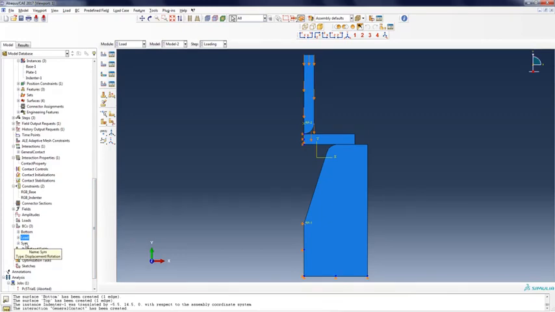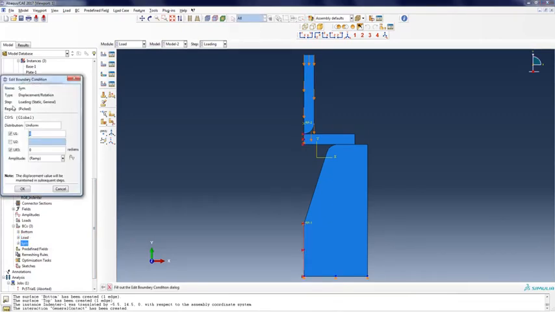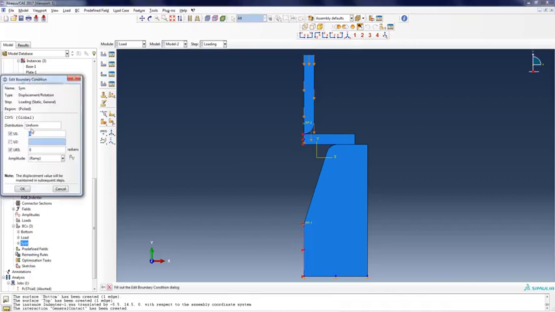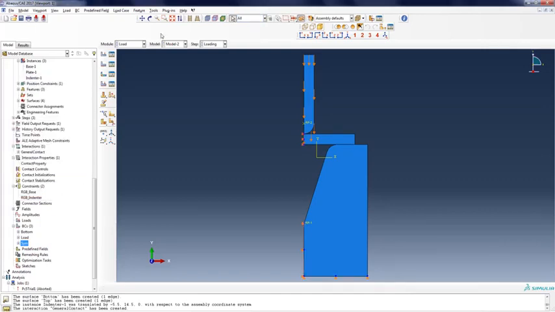Now we need to include the symmetric boundary condition, modify the symmetric boundary condition to include the left edge of the indenter. Edit, clicked. Now we are in the loading. Okay, so we need to go to the initial step, because that's where we define our symmetric boundary condition. Now we can modify it. Hold shift and select the left, and click done. And yes, now we have modified our symmetric boundary condition as well.